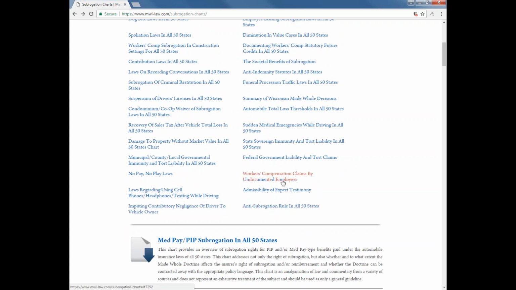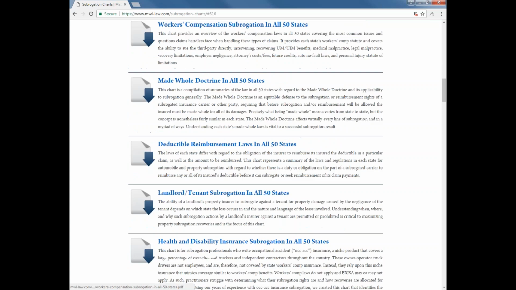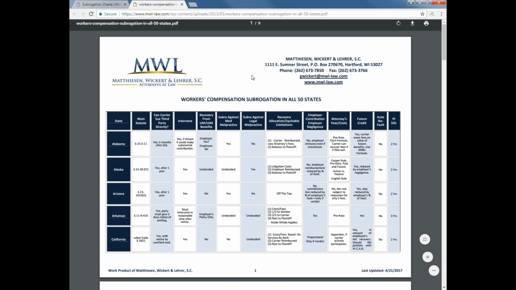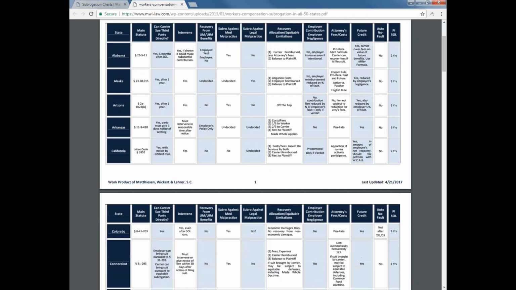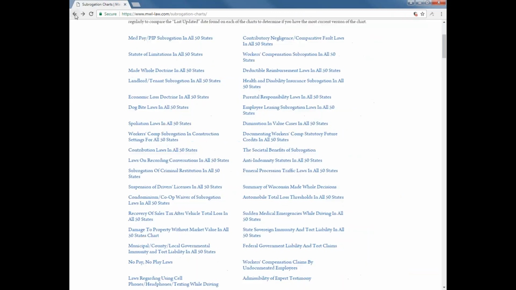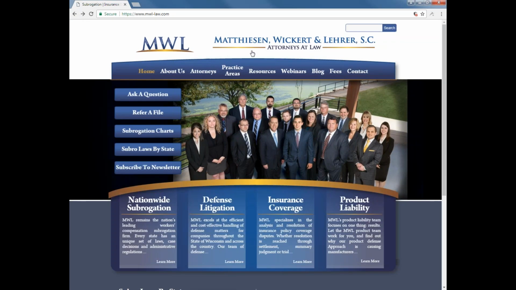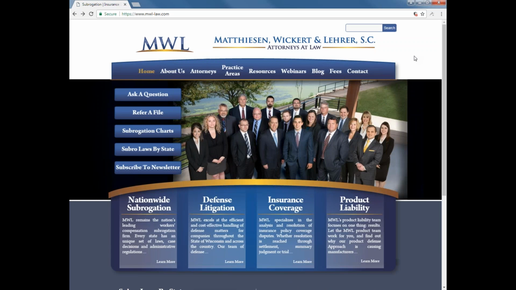driver to a vehicle owner, anti-subrogation rule, workers' compensation claims by undocumented employees, and one of the most popular, of course, and this webinar will have a slant toward workers' compensation just because we have to speak in one vernacular so that it's consistent, but here's a chart that gives you a summary of the statute, whether and when the carrier can sue, and all sorts of answers to questions with regard to workers' compensation. So that is the website. These resources are free for clients, non-clients, future clients alike. So please avail yourself of those.